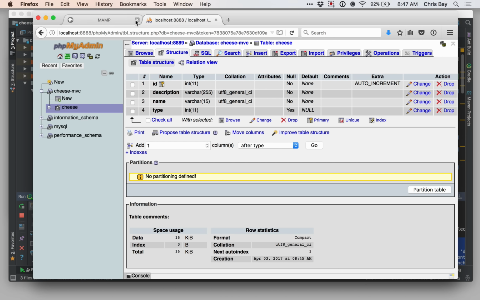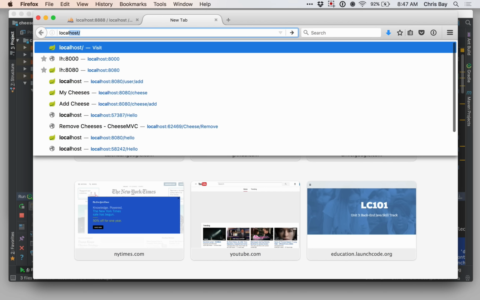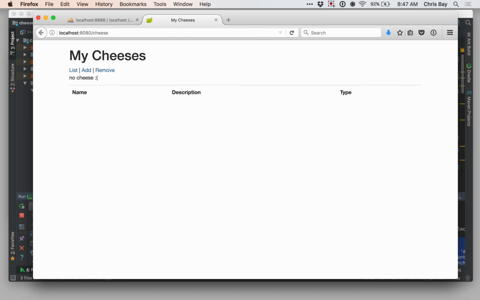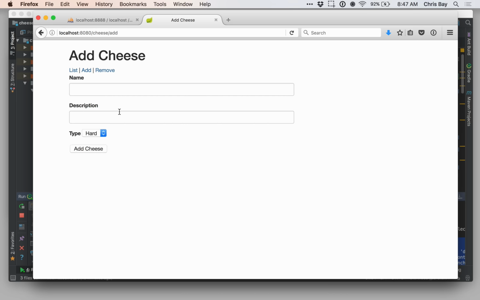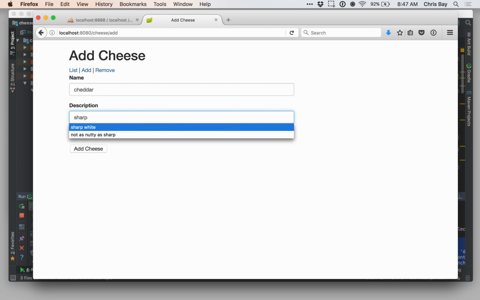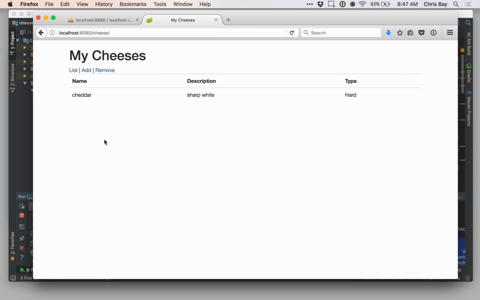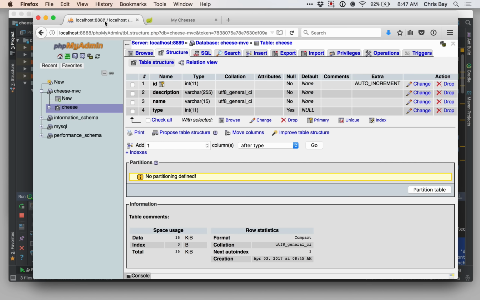Great, so let's go ahead and I'll leave this view open, but let me open up another tab and go to localhost 8080/cheese. All right, and so no data, that's fine, that's to be expected. Let's go ahead and try to add a cheese. Okay, and that worked the same way it has been working, but let's go ahead and show you that something different happened behind the scenes. I'm going to come back over to the database here,